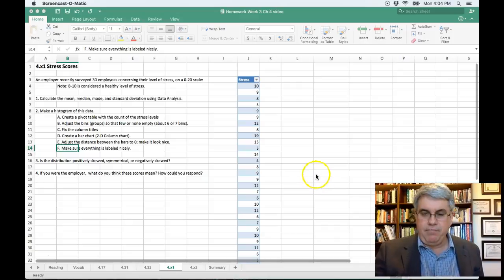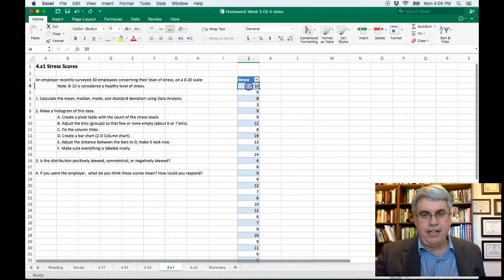And we've administered a test to 30 employees, and we've got the data, and we want to analyze this with the data analysis, and then we want to make a histogram, talk about its shape and skew, and then reflect on what we could do as the employer. How could we respond? So the first thing, let's calculate some descriptive statistics, and we'll do that with the